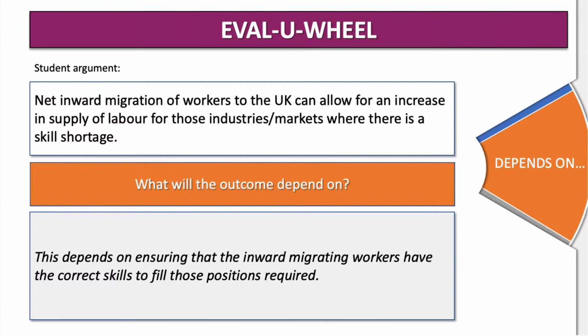We do know that in the UK, we've hugely benefited from immigration because lots and lots of our skills gaps have been filled by migrant workers coming to live in the UK. Of course, Brexit has meant lots of them have returned. So, actually, we've got big labour shortages still, but now the government is less keen on having immigration in. So "depends on" is a really useful way of evaluating. Try and mix it up with your evaluation. Don't keep saying however or on the other hand. Try and get a range of phrases that you can use because that really is the fairy dust, as I say, on your answers. And now it's back to John.